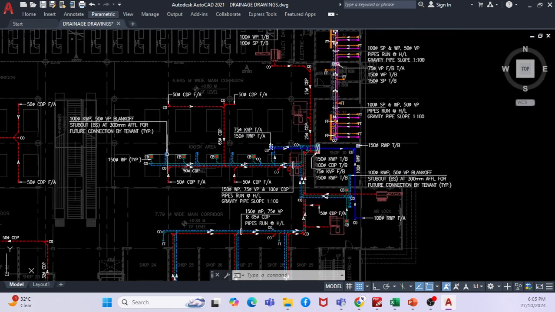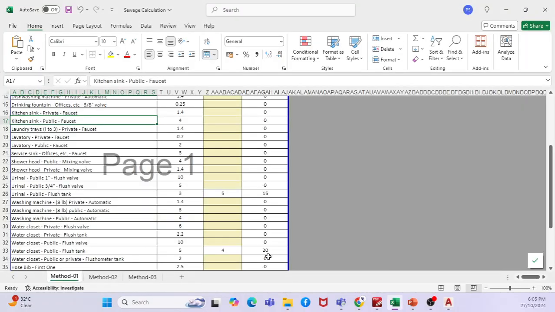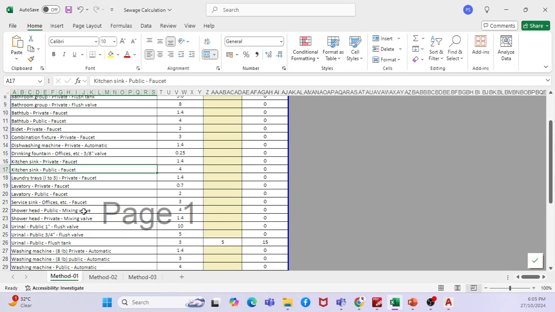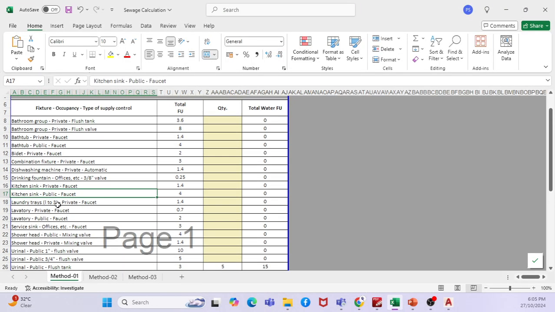Okay, then in each and every shop you have a catch basin, like this is the kiosk area. Okay, you have a catch basin, right? So all this wastewater will be directly directed towards the nearest shaft. Okay, to design all the catch basin or floor drain, you have a standard given here. Say for example, I have